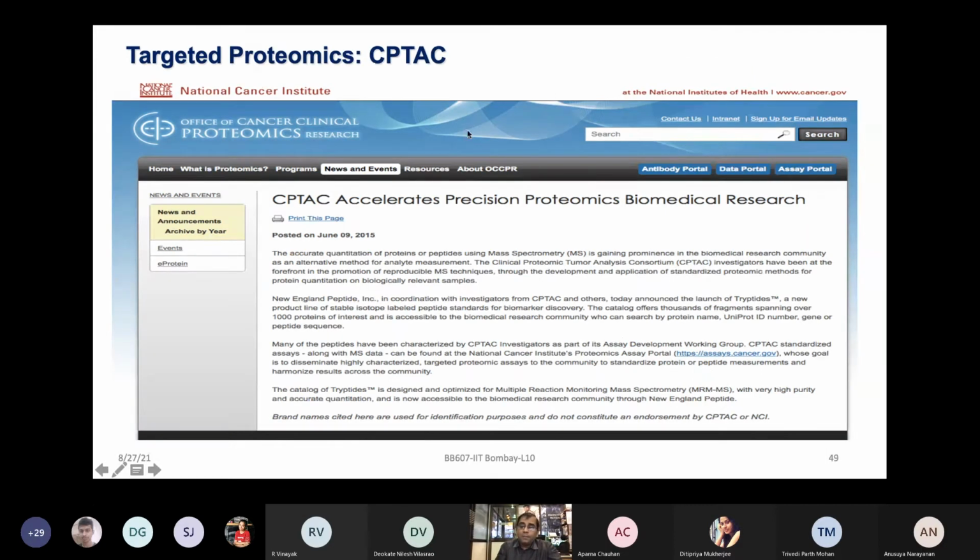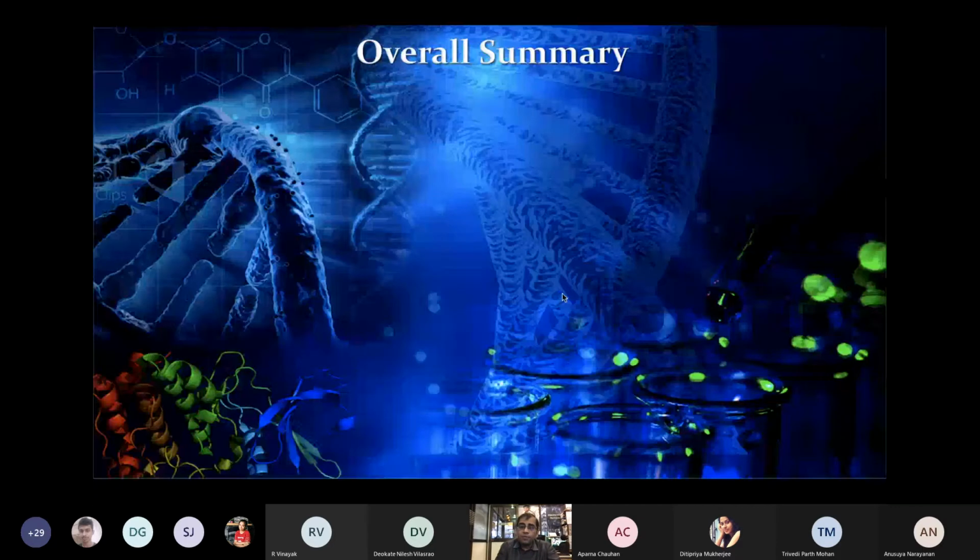Another resource which is available is CPTAC, a consortium which looks at clinical proteomic tumor analysis, and they also provide a lot of community guidelines, different types of tests and SRM assays, which should be looked into before you start developing your own test, because a lot of things have been done as community resources from the National Cancer Institute in the US and other places, which one should use as a starting point, and then you develop a more refined test from your work.